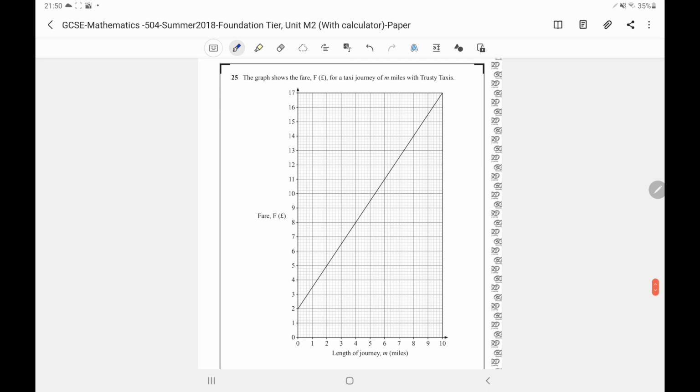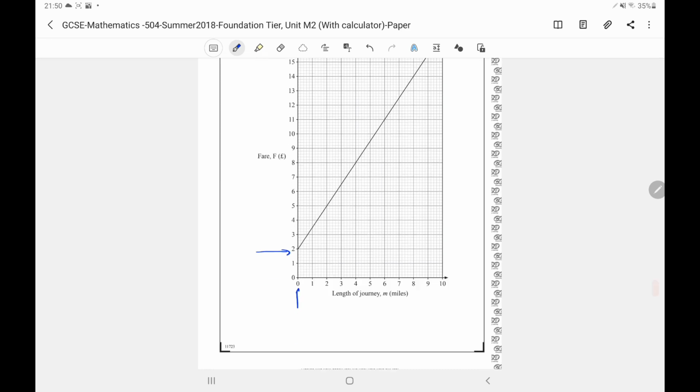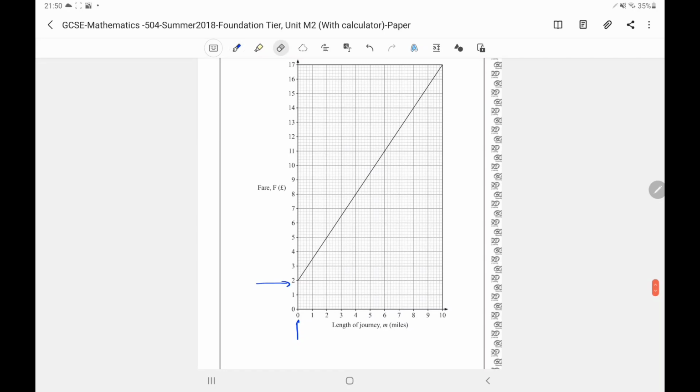Question 25 is a graph showing the fare for a taxi journey of M miles with Trusty Taxis. Notice that it starts at £2, no matter how far you've gone. So even if you just get into the taxi and get back out again, that's £2. Calculate the gradient of a straight line. So the gradient of a line,